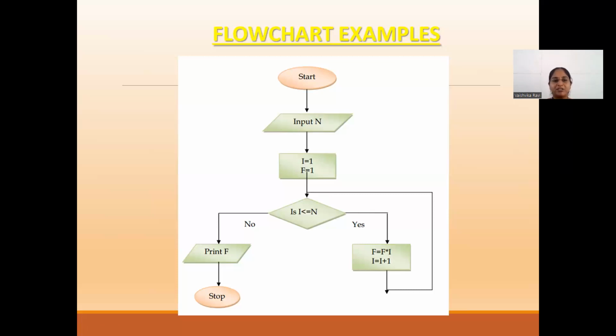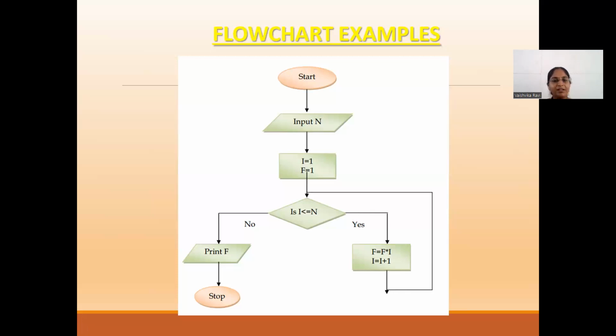If the current value is less than or equal to n, if it is true, we have to calculate F is equal to F star I, that is the current value. Then it will be stored in the new F. For each step, we have calculated 1 here. To calculate 2, it has to be incremented. So the I value is 1, then we are incrementing the I value to 2 here. Once this step is over, that is F is equal to F star I and I is incremented, again this loop will be going to the same